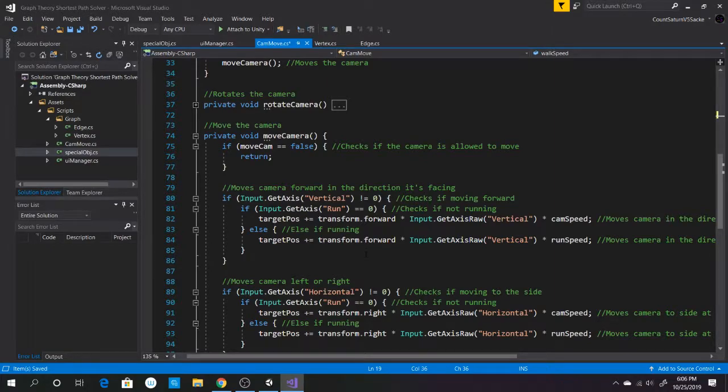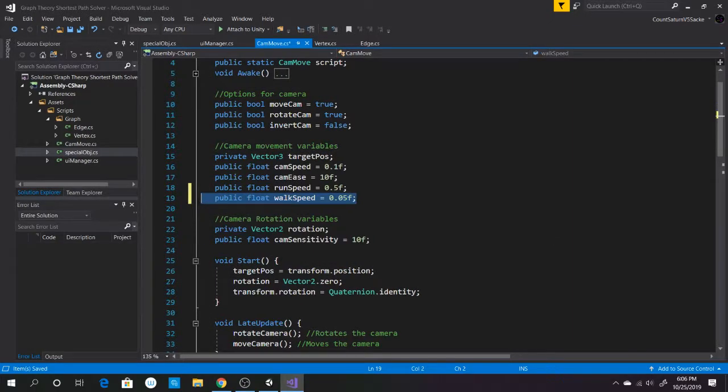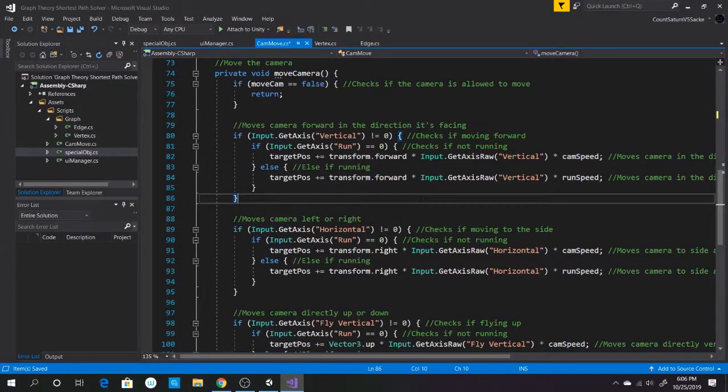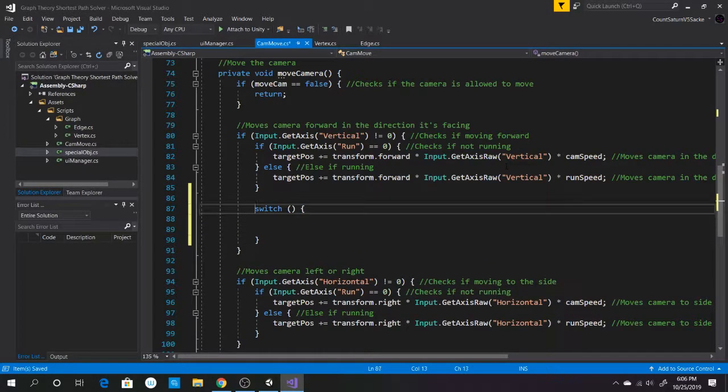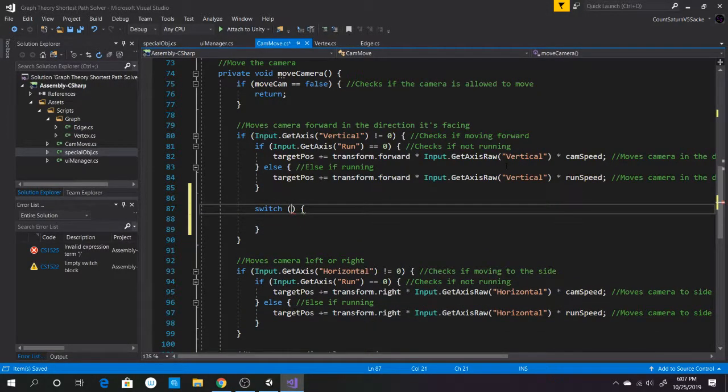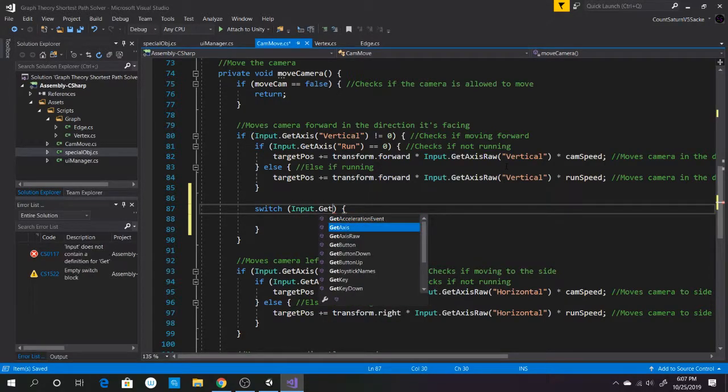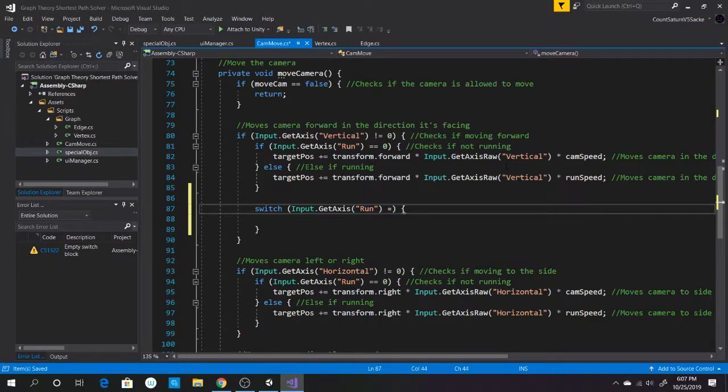I don't want to use an if. Okay, do switch statements allow for this? Okay, if I was to put input dot get axis and we have run to 0,